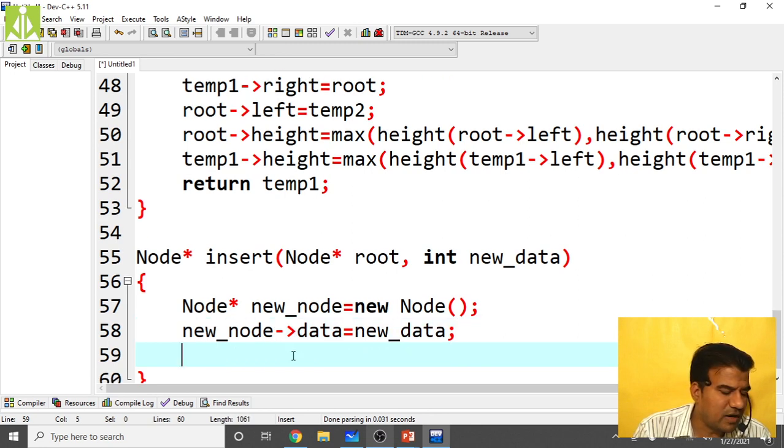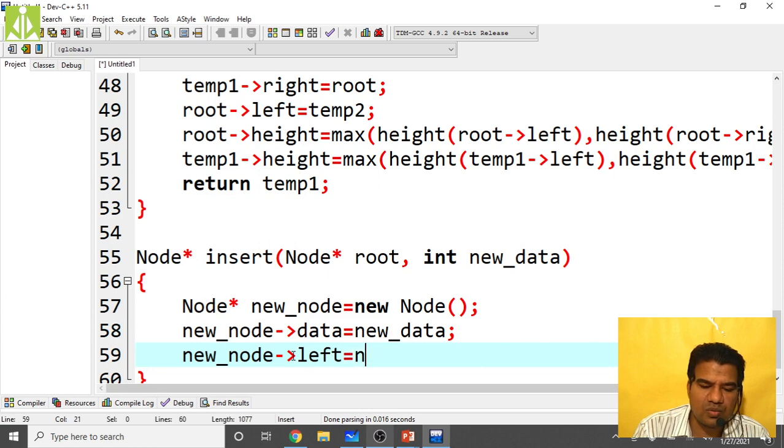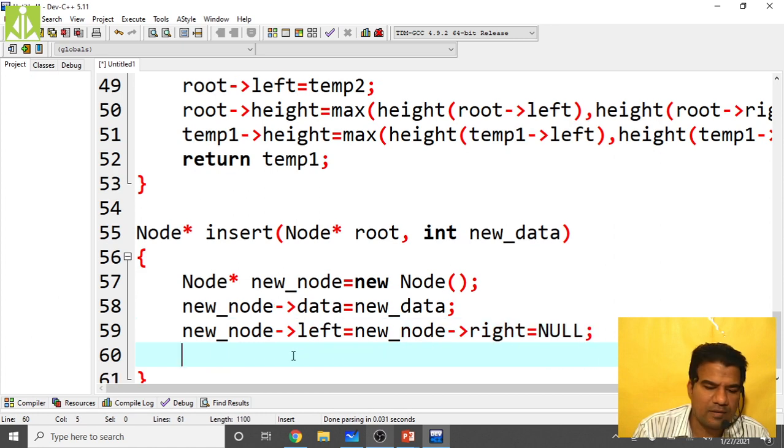Then what we have to do, make left and right nodes null. Make left child and right child null for this new node. New_node of left equals new_node of right equals null. Simply you make it null. Then make the height 1, because when you are inserting this node the height will become 1.